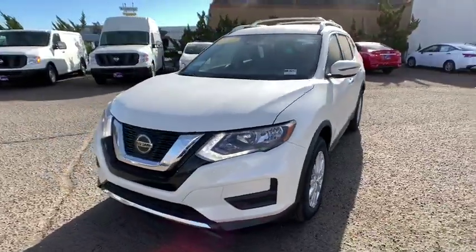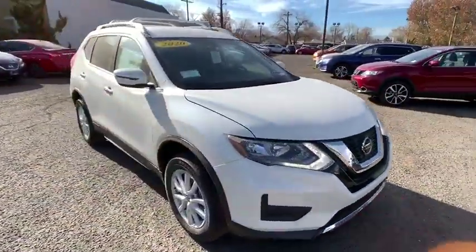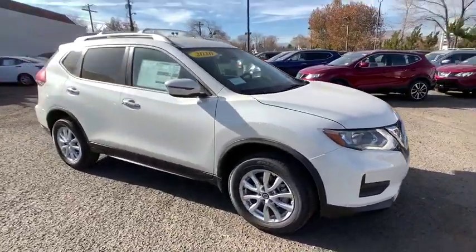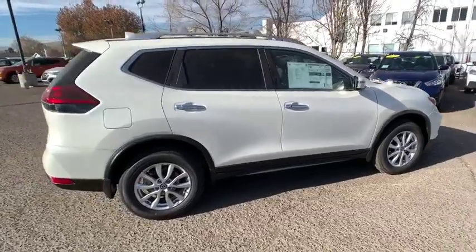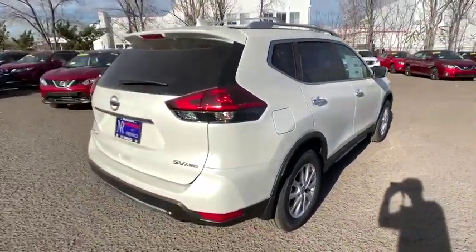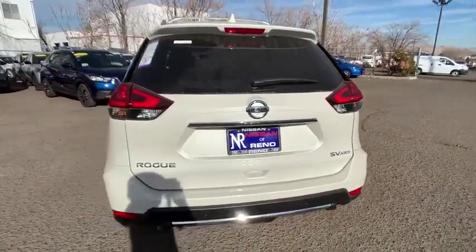We are pleased to show you the 2020 Nissan Rogue. The stylish Rogue gets 27 mpg and still boasts nearly 58 cubic feet of cargo space. With a 5-star side impact safety rating and confident handling, the Rogue is more than you expect and everything you